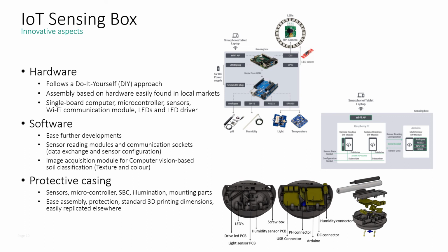in a way that protects them from the environmental conditions where these boxes are used, and it's being designed to be easy to assemble, to protect the equipment, and also to follow standard 3D printing dimensions, so